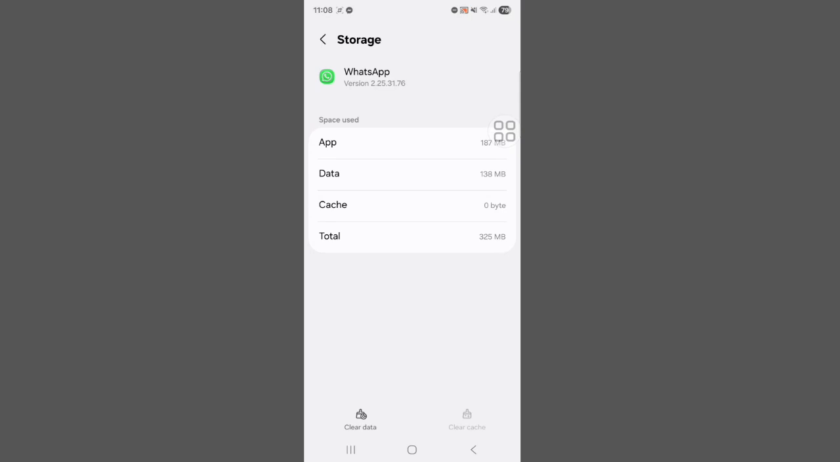Now, by clearing cache and clearing data on WhatsApp, you can easily log out of WhatsApp, but you will lose your data. Hopefully your problem is solved